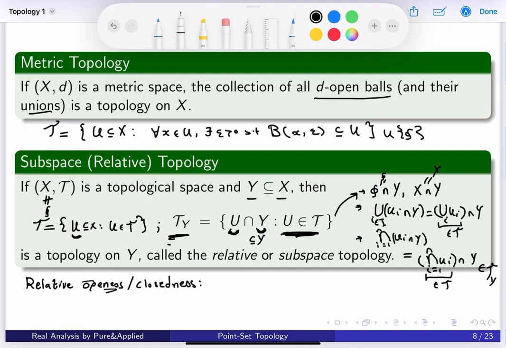We're going to use this definition: a set, let's call it A, is relatively open or closed